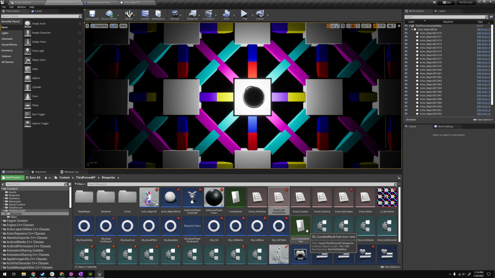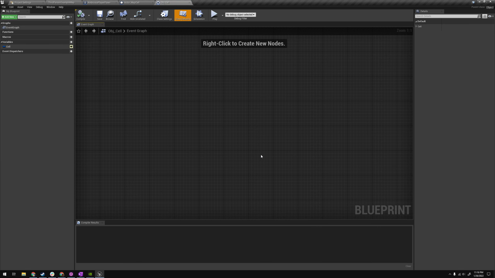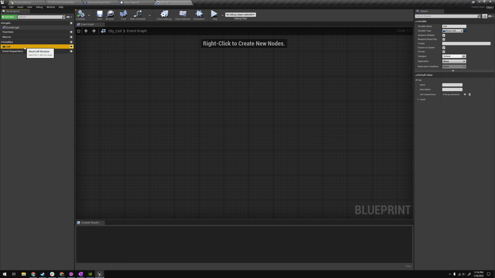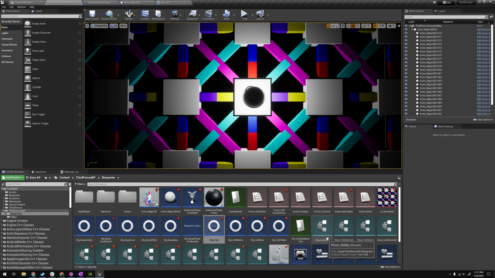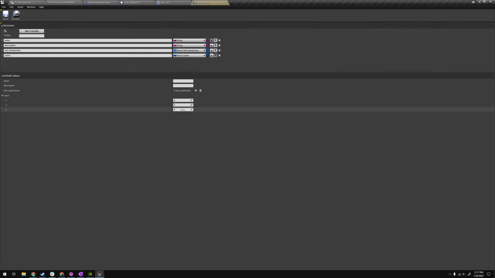And then I moved on to establishing what a cell is in a class. I just set up a blueprint that's based off of the base object in UE. It's not an actor, it doesn't get added to a scene. And all it has is a cell to describe what it is. And then the cell is based off of struct cell. And I define struct cell here, which has a name, description, the cell connections involved, which is just an array